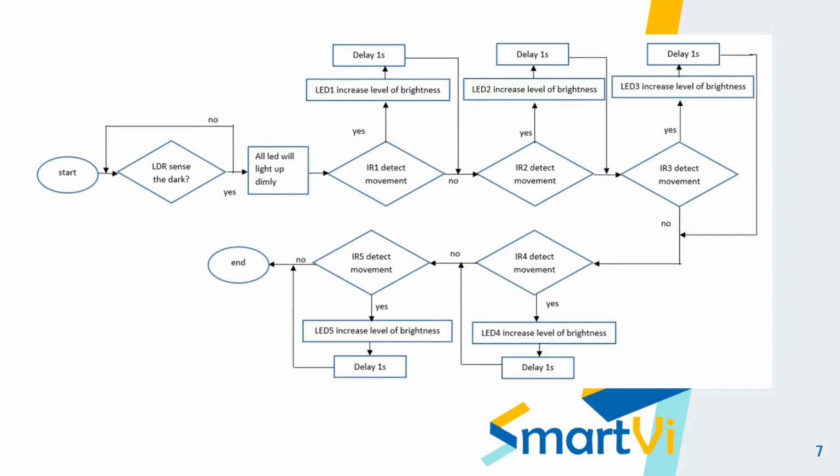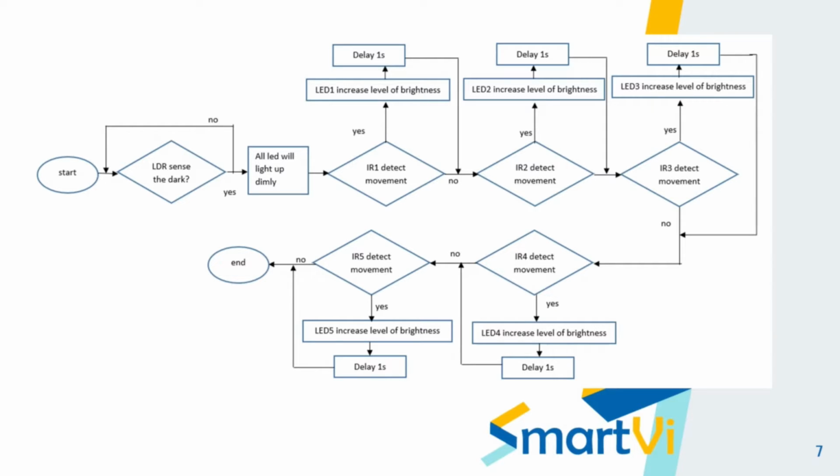So next is the working system. First, LDR will sense the environment. When LDR is kept in the light, its resistance will decrease, so the LED will not turn on. And when LDR is kept in a dark place, its resistance is high, hence it will light up all LED